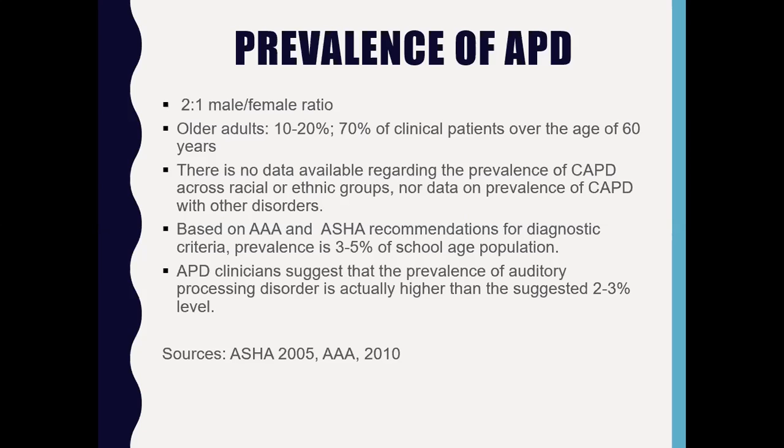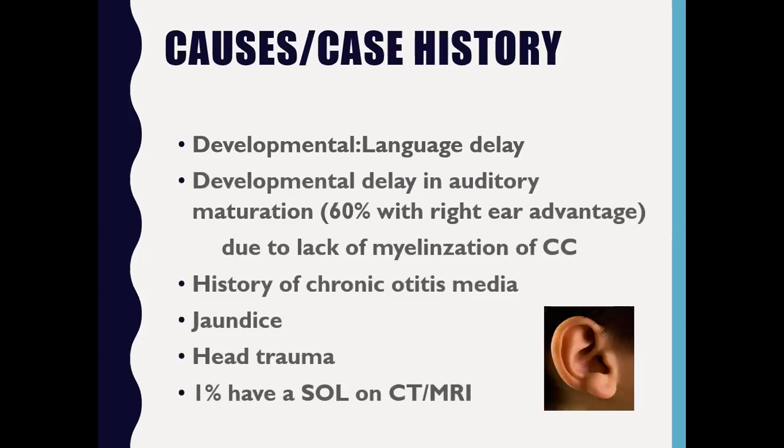And typically, if you talk to audiologists that work in auditory processing, the numbers of 10 to 15% of students have an auditory processing weakness that is likely a significant contributing factor to their difficulty, meaning we want to address it. It's not in that severe range, but certainly the auditory processing deficits are linked to behaviors where the student is struggling. So if you look at causes of auditory processing, 60% of the students that are diagnosed with auditory processing have a developmental delay in their auditory system development, and I'll go through that here in the next